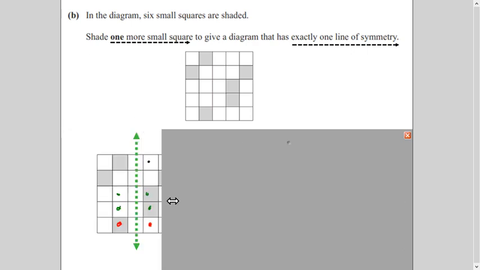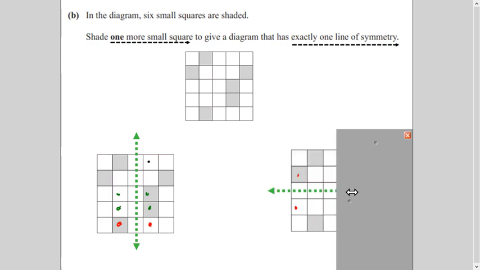Okay, so let's see this case first. This is a square, right? If I draw a line here and fold the figure along this line, this shaded box will fall here. It's not shaded. This will fall here. It is already shaded. Good. This will fall here. Oh, so now it is crossing the limit because the question was saying only one small square. So in this case, if we draw a line of symmetry here, then we have to shade many boxes. So this is out. This is not possible.